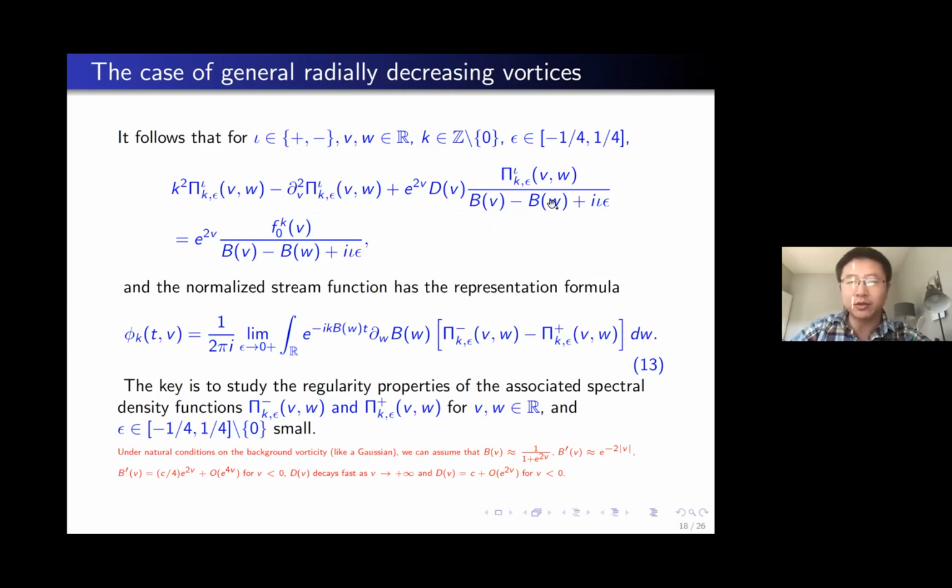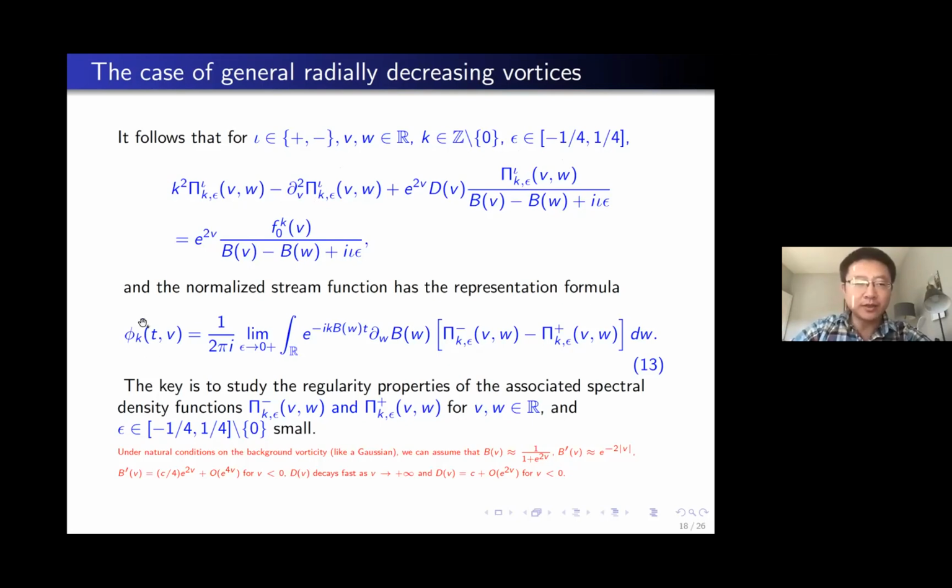You cannot really remove the singularity at this point. The singularity is still there when V is equal to W. So for example, we would expect this spectral density function to have a singularity when V is equal to W. This is not surprising because this spectral density function corresponds to the continuous spectrum. When you collapse the spectral parameter into the continuous spectrum, and you are close to the spectrum, of course you expect some sort of singularity, and the singularity is reflected in this problem as a singularity when V is equal to W.